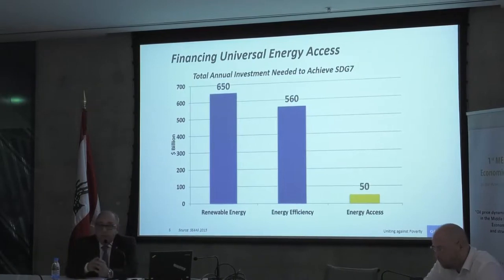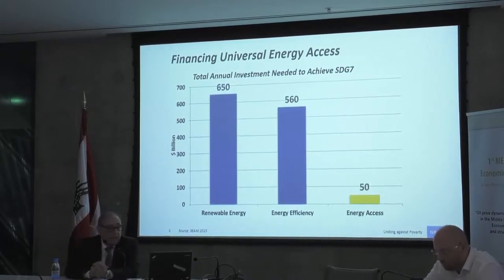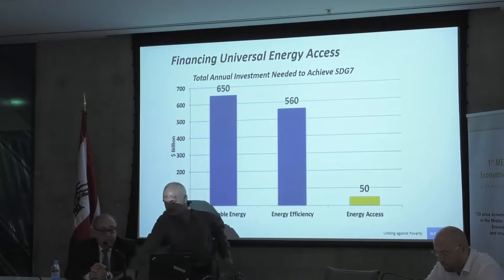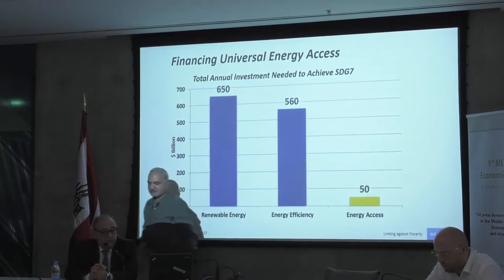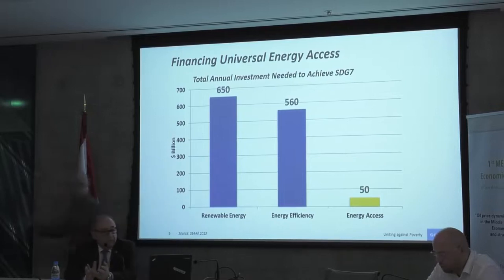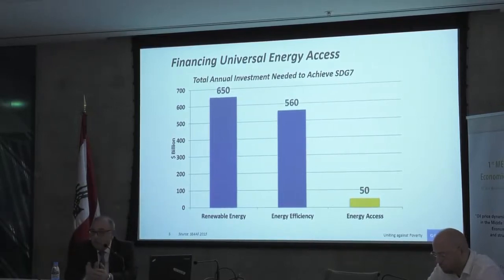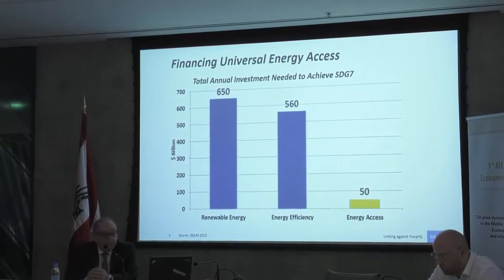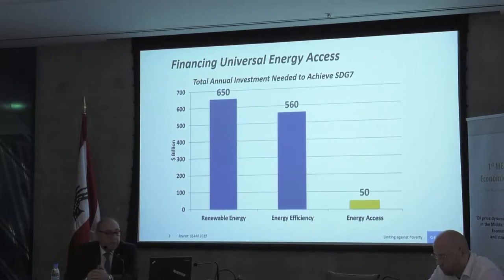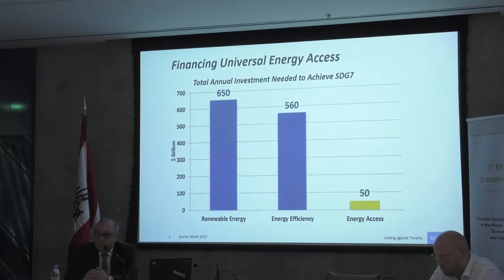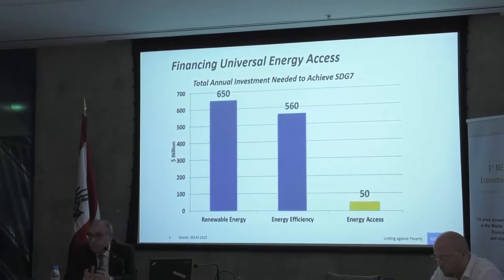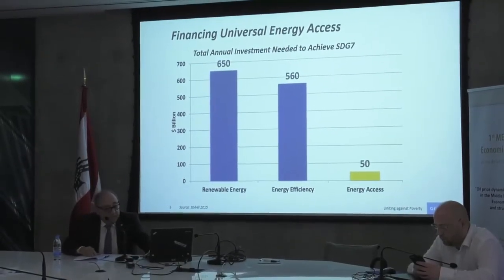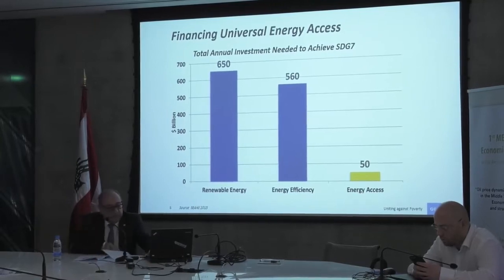The investment needed to address the three pillars, or the three targets, of energy for all is around, by some estimates, 1.3 trillion. But what's important to see is that what's needed for access is only a very small percentage, around 50 billion per year to reach universal access by 2030, according to the 2030 agenda. But as we can see in this next slide,